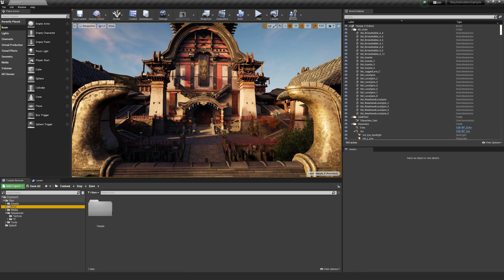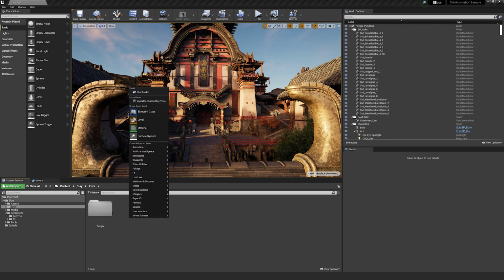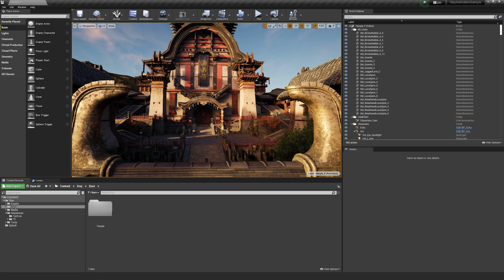For our purposes, we want to make our own test level. To keep things nice and tidy for the project, and so it can be a nice little R&D area, we're going to right click an empty space in here.